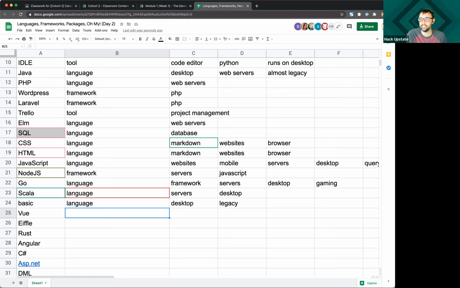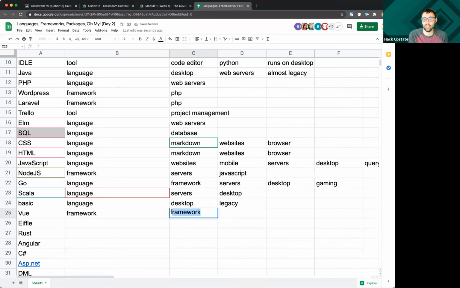Vue. I'm glad to see this on the list. Vue is not a language. It is actually a framework. It is written for front end web, and it is written in JavaScript.